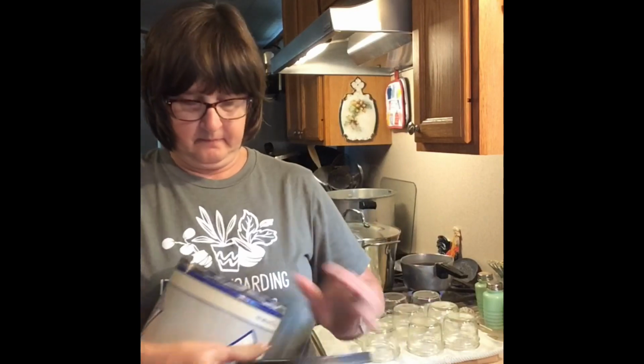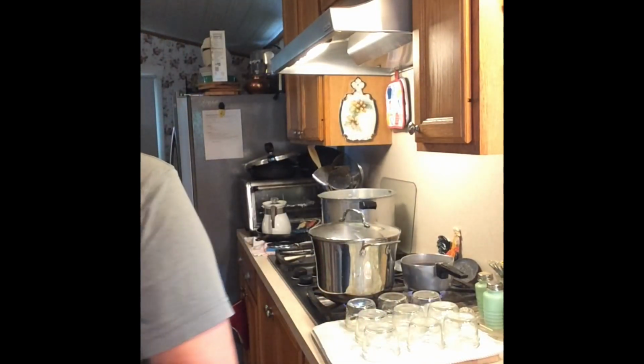right here, and we have my pressure canner back there. I don't have water in the pressure canner yet. I'm not going to put it in there hot because I'm cold packing this. So my jars will not be hot, and you really don't have to worry about sterilizing your jars. Just make sure that they're clean. Wash them with soap and water and rinse them really well, because the processing time is going to kill anything that's there. So you don't have to worry about heating your jars up, because we're not adding anything hot to